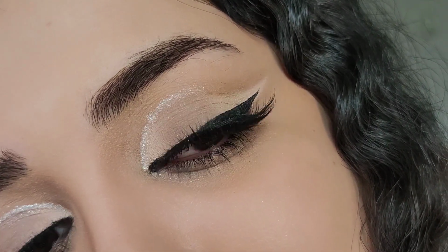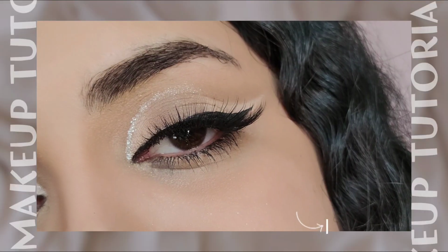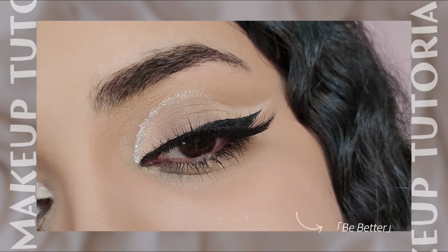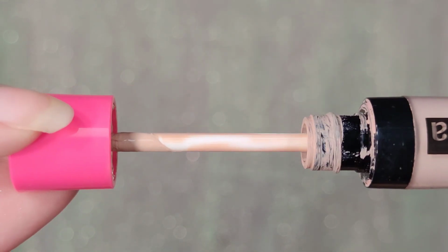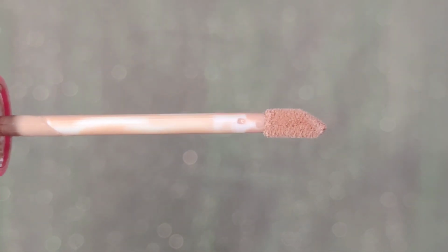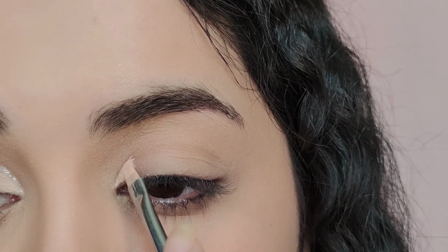Today's eye makeup tutorial is absolutely stunning. You can achieve this look using simple eyeshadows and it's super easy. You will learn this eye makeup in less than 5 minutes. So if you'd like to try out this makeup look, keep watching the rest of the video and let's get started. I start by performing the cut crease technique, so take your favorite concealer and apply it with a small